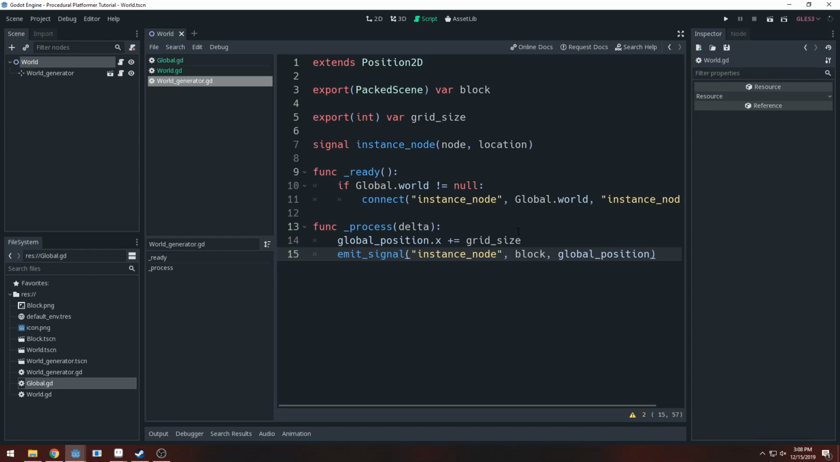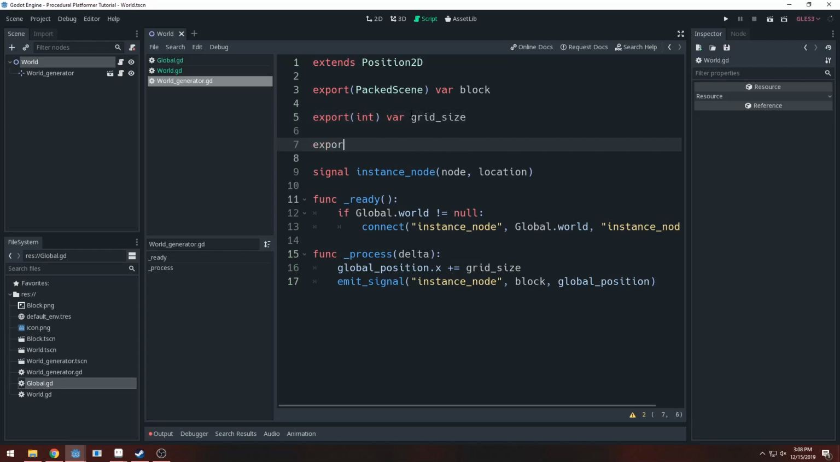So the problem with this is it's just going to endlessly create blocks. We need to have an end to it. You can set it up so it can be infinite, but you'd have to make it so it only creates the blocks that your position is currently at. And right now we're just going to leave it at a set number of blocks that it can create. So we're going to do another export int var max blocks,